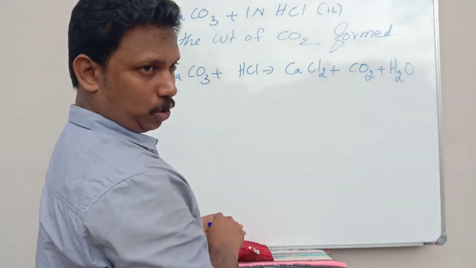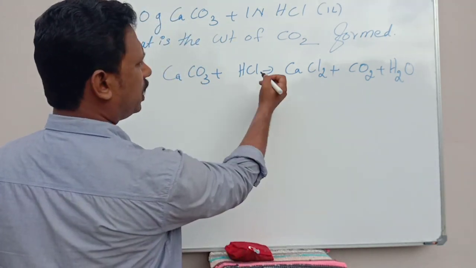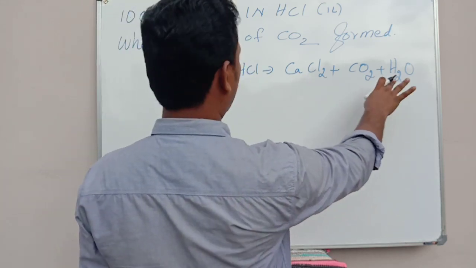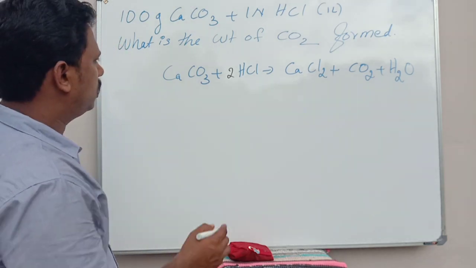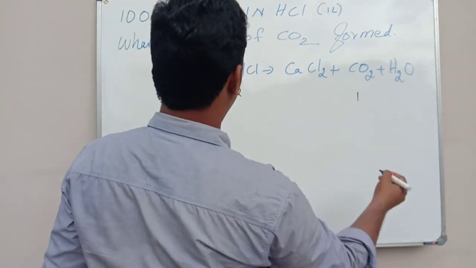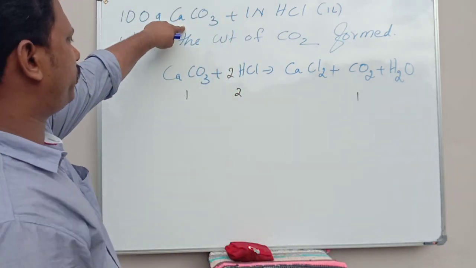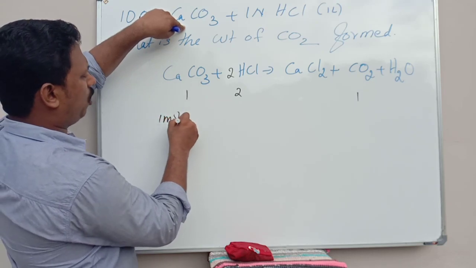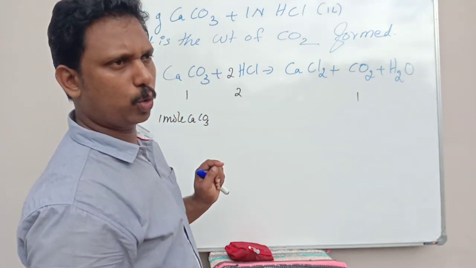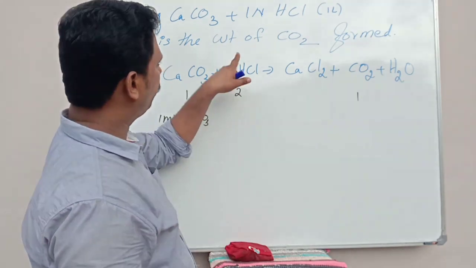Here you will have to find out the ratio in which CO2 is formed, and okay, 2 HCl should be there. So 2 HCl, CaCl2, okay, H2, everything is now balanced. So 1:2 is the ratio in which they react, and this is the ratio in which CO2 is formed. See, 100 grams of CaCO3 is 1 mole CaCO3. Once again, I am telling you, there is another video to learn the molecular masses faster. The link will be given in the description.